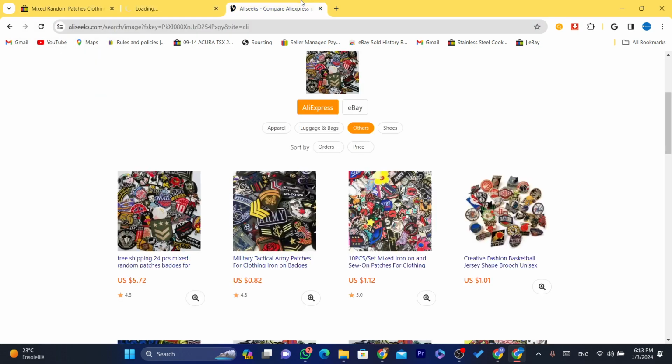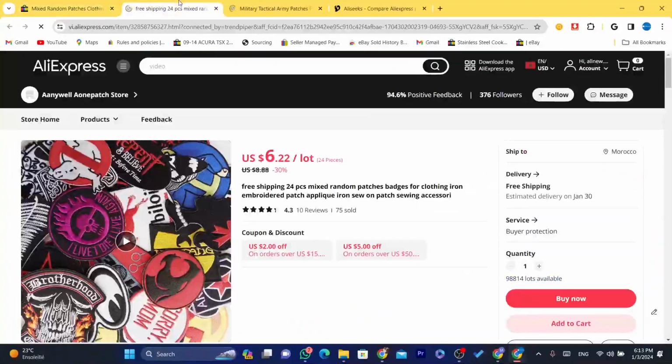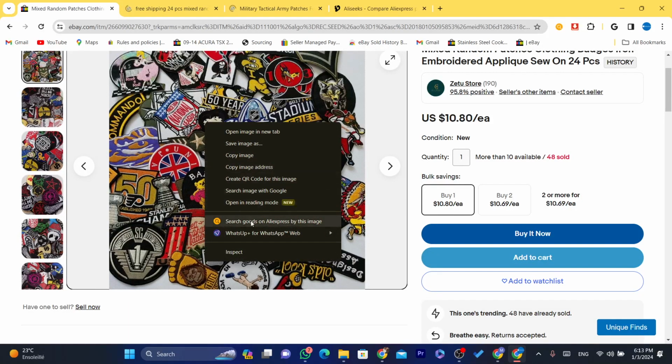I don't know why this is taking forever to load. Maybe there is a problem here. I'm going to click another product. Okay, so as you can see, this is the product and this is the product on eBay. It's the same. Okay, any product, you just need to right click and then click search goods on AliExpress